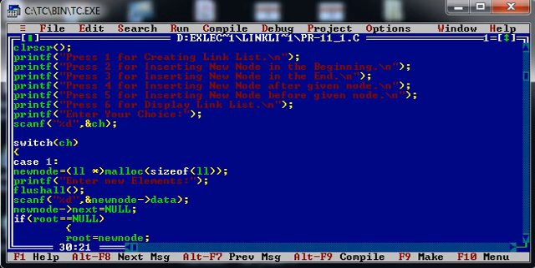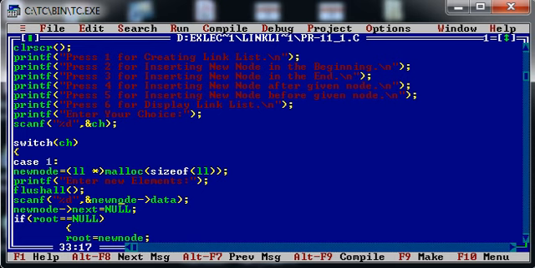Okay. So next I am asking the user to please provide me the new element. Whatever data the user supplies to me will be stored in the data part of the newly created node. As we have already seen, our structure contains two parts. The first part is the data part and the second part is the address part.